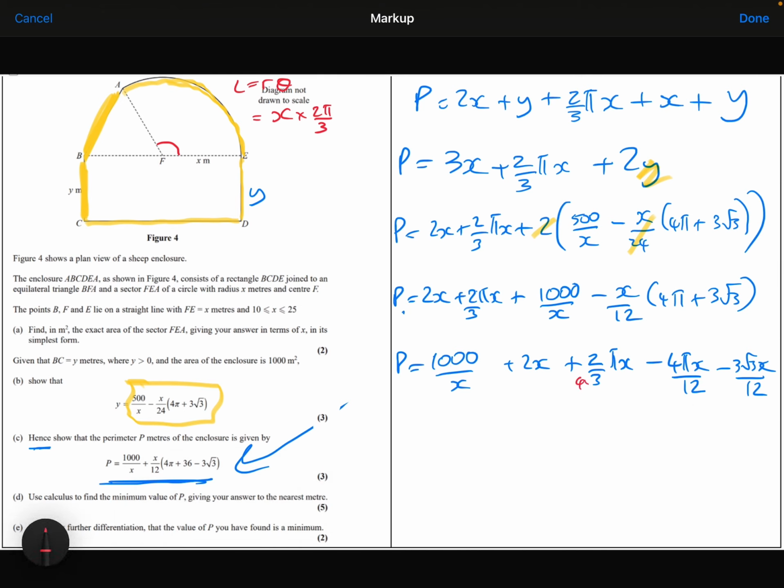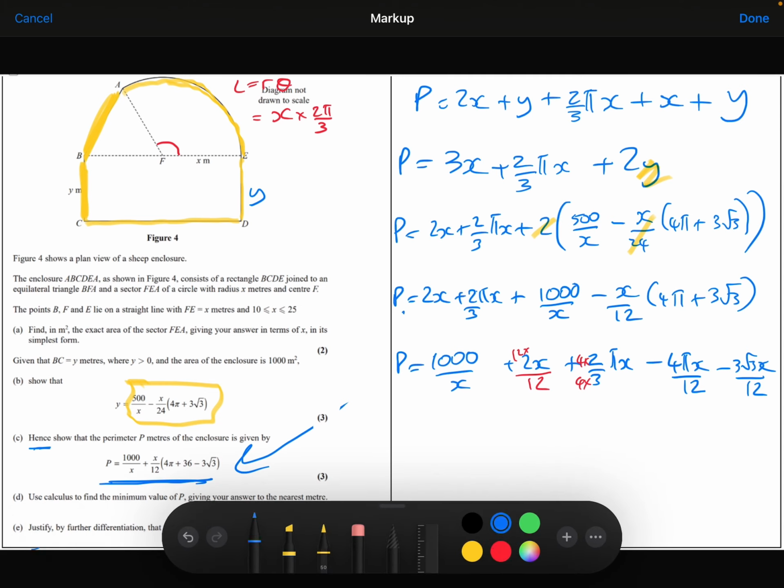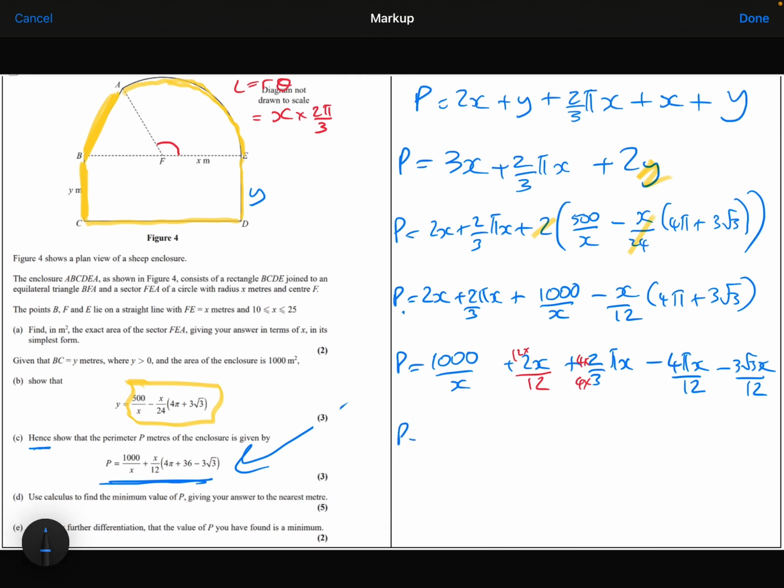So I'm going to times this fraction by 4, and I'm going to times this fraction here by 12. So plus 24